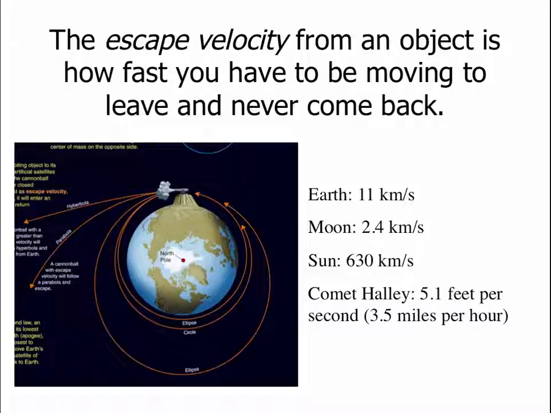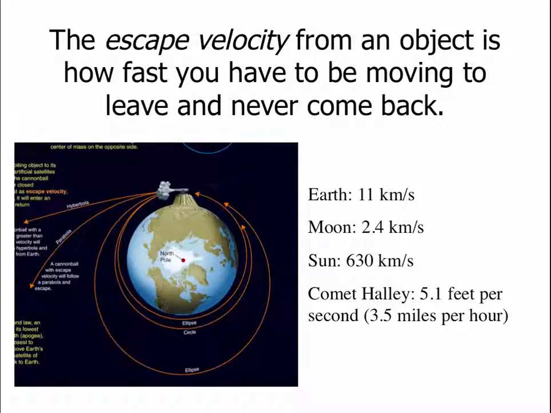That's what we call the escape velocity. So the escape velocity for an object is how fast you have to be moving so that you leave its gravity and gravity won't pull you back. And the escape velocity depends on both the mass of the object and the size of the object. So the Earth is about 8,000 miles across. It has a pretty big mass. You have to be going at 11.7 kilometers a second, several miles a second, to leave the Earth and never come back. The moon is smaller than the Earth. It has less mass than the Earth, and so you don't have to go nearly as fast to leave the moon's gravity and never return to the moon, 2.4 kilometers a second.